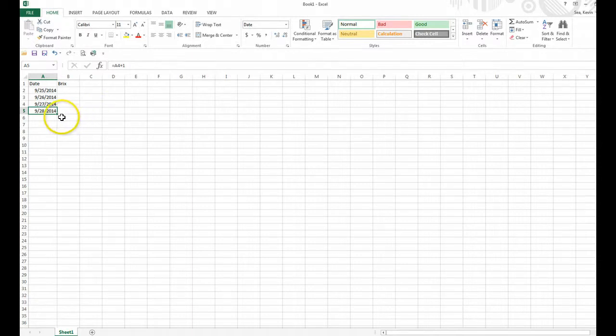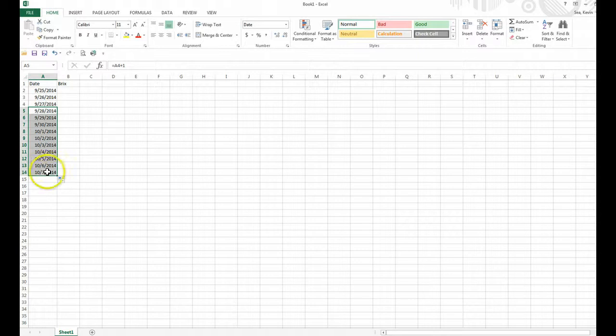As I mouse over that square box, my little cursor turns to a skinny plus sign. If I left click and I drag down